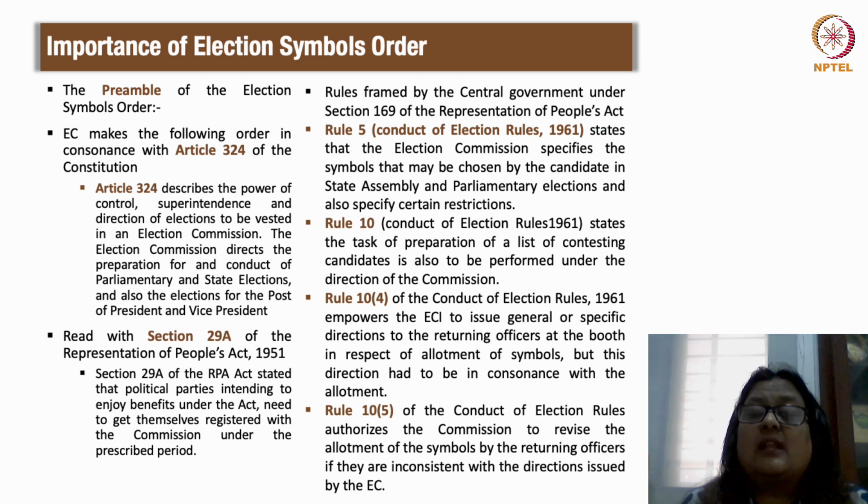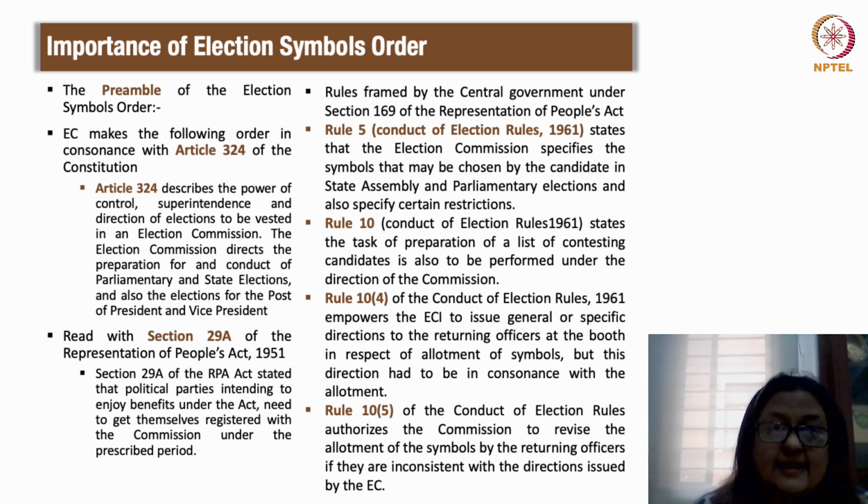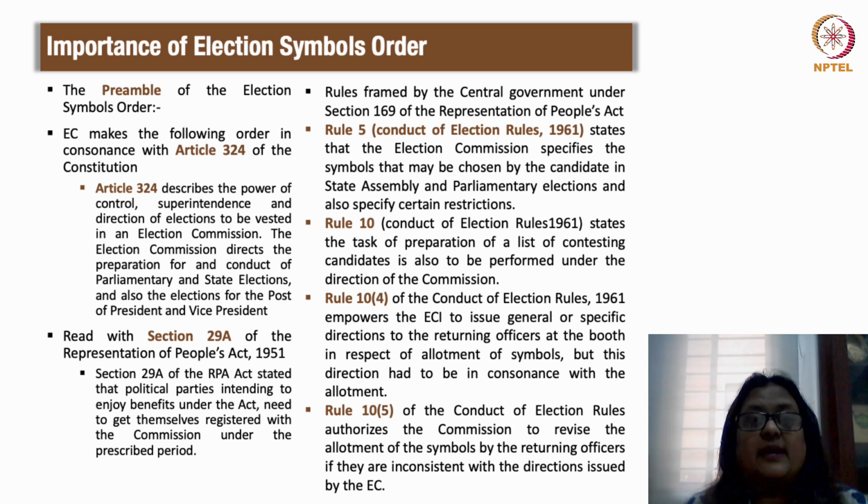Now, this commission, the Election Commission, specifies the symbols that may be chosen for a candidate in the State Assembly and parliamentary elections. So, Rule 10 of the Election Rules of 1961 also talks about the task of preparation of the list of contesting candidates. So, whenever an election is declared to be conducted, the list of candidates has to be made by the Election